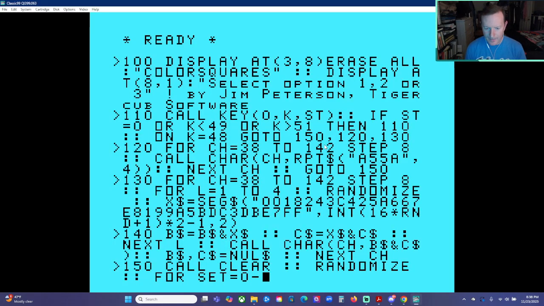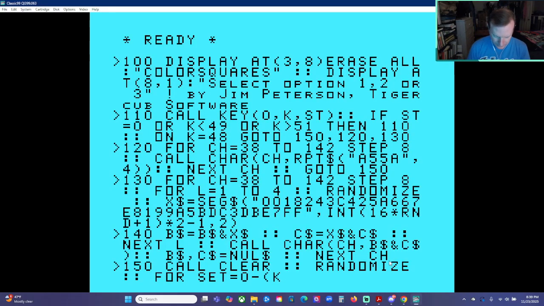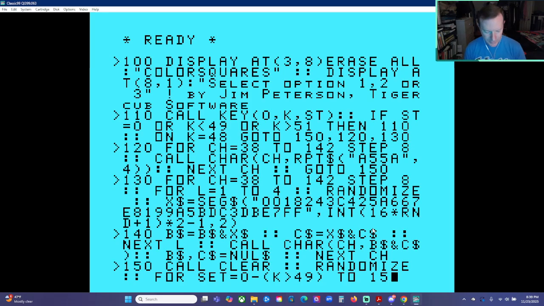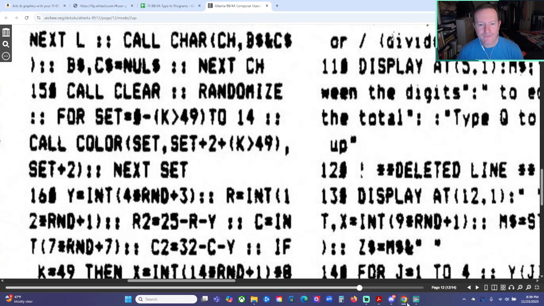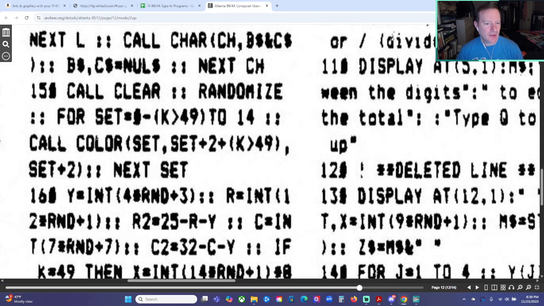So 0 minus (K>49) TO 14. Oops, to 14. :: CALL COLOR(